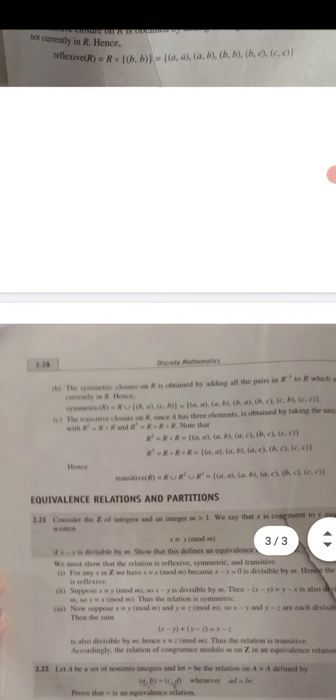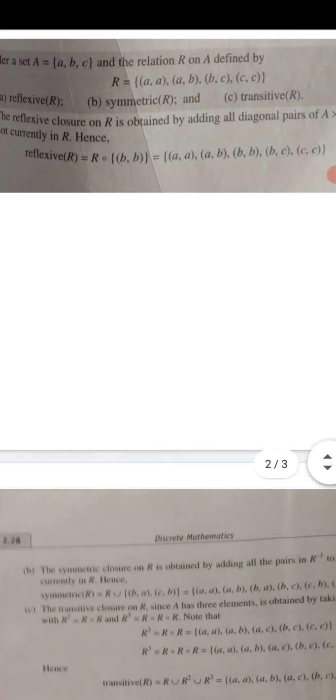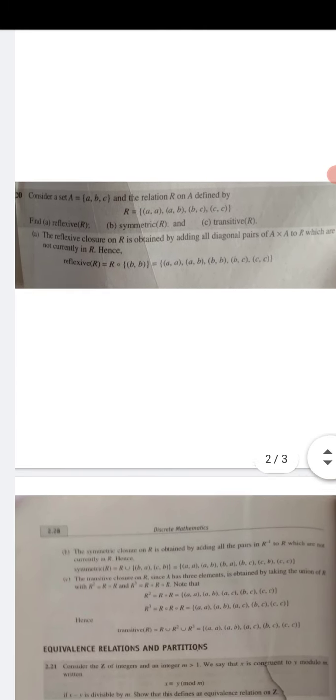Similarly we will do it with the transitive of a relation. For the condition of transitive we must have, if (a,b) is given and (b,c) is given, then (a,c) must be here. So in relation R we can check (a,b) is here, (b,c) is also here, but (a,c) is missing. So we will insert (a,c). So the answer will be transitive R = {(a,a), (a,b), (a,c), (b,c), (c,c)}. So now it will have 5 ordered pairs. So this is the method to add. We can write using composition or using union. Here union is used, so we can use union also to represent reflexive, symmetric and transitive relations.